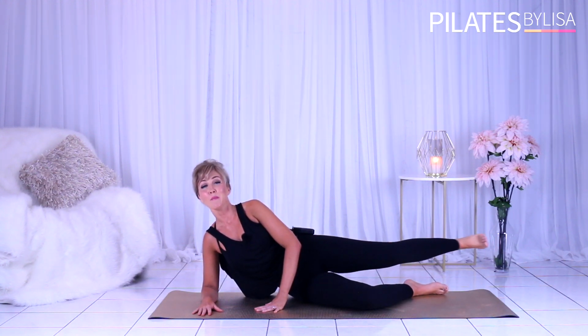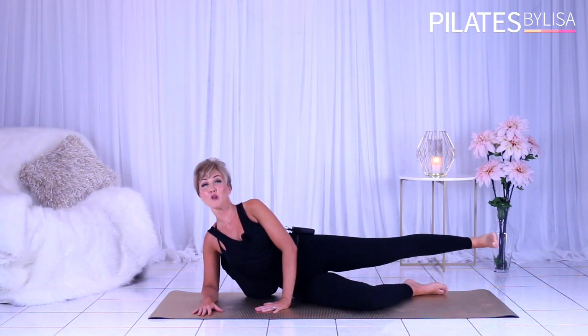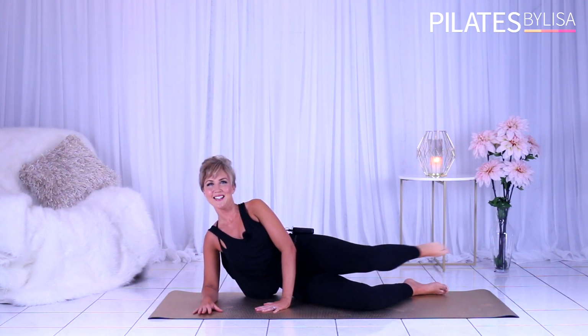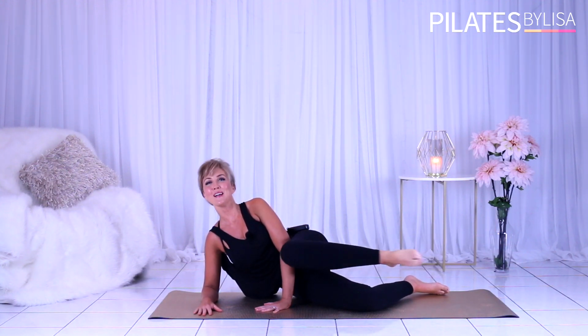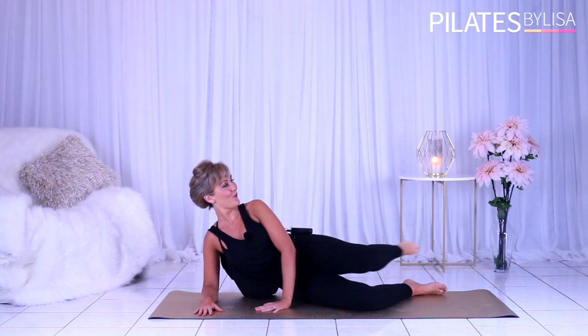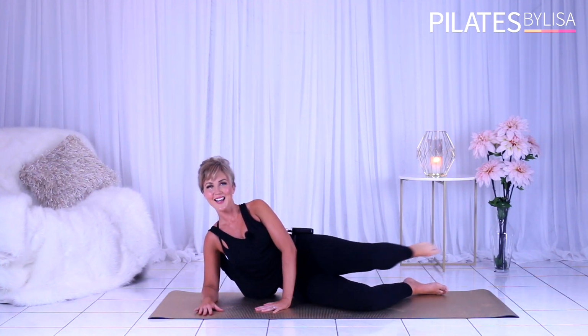We press out, but this time we bring the knee forward, we kick to the front. We flex and push out, bring the knee forward, kick to the front. 8, kick. 7, kick. 6 to go, 6, and reach. 5, lengthen, just 4 more, 4, reach. 3, and 2,